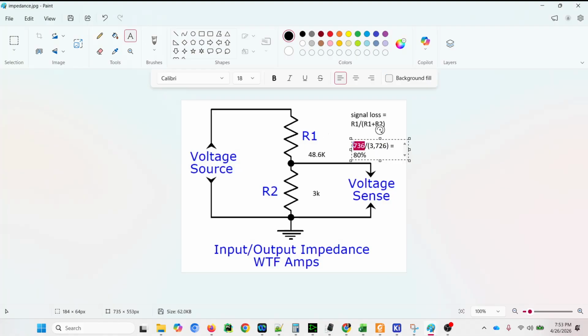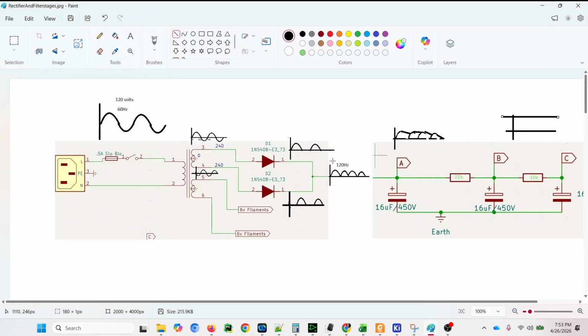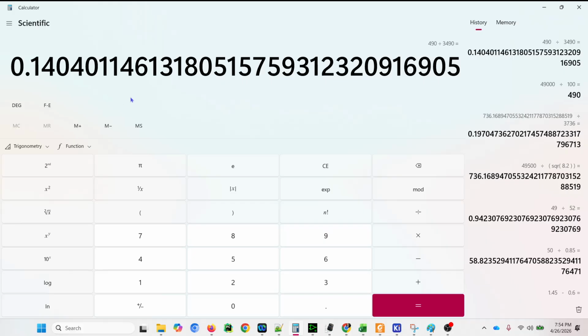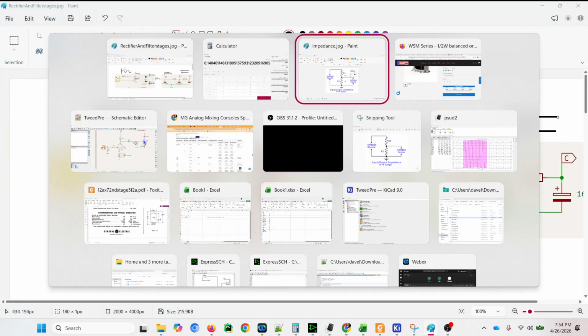So why is it great? We said 490 ohms, and we divide that by 3,490. As we said, we're trying to maintain 90% of our signal, so we're trying to aim for a number that is 10% or lower. Let's go back to the calculator. We want 490 divided by 3,490. Okay, we are getting there. So we are only losing 15% of our signal. We're at 85%. They have another transformer that will get you even lower